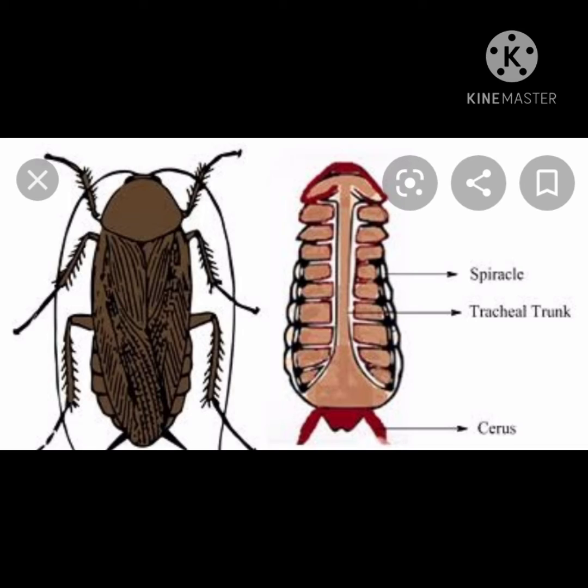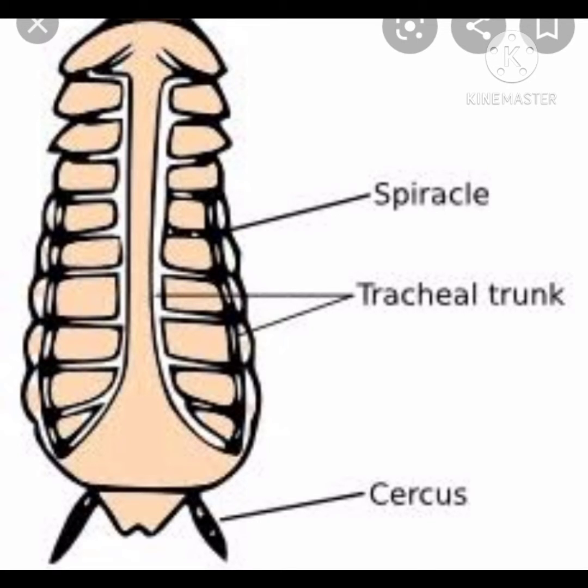In all these insects, there is another special system called the tracheal system. When we observe the sides of their body, we can see very small openings. These openings are called spiracles, and all the spiracles open to a network of tubes present inside the body. This network of tubes is called the trachea. So the spiracles and trachea are the two major parts of the respiratory, or tracheal, system of insects.